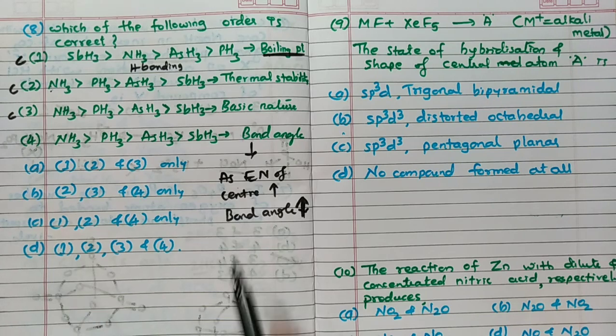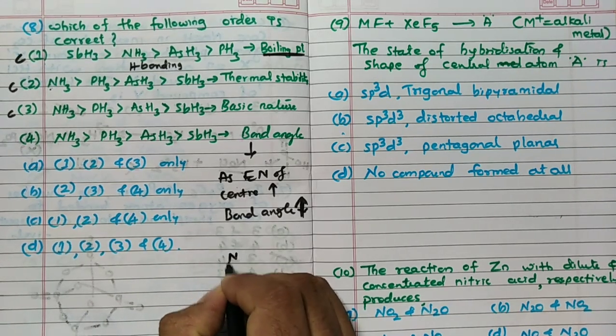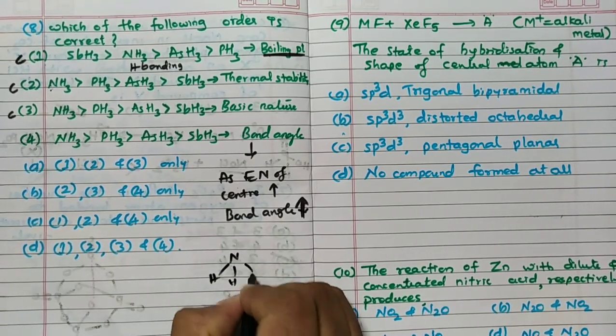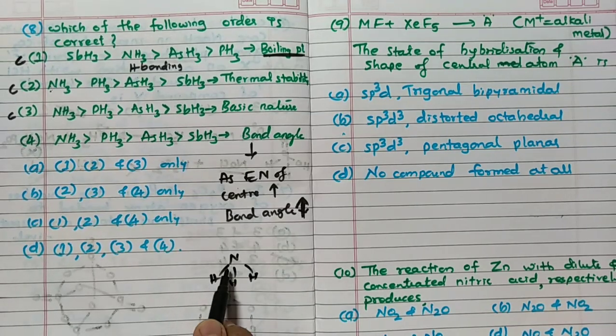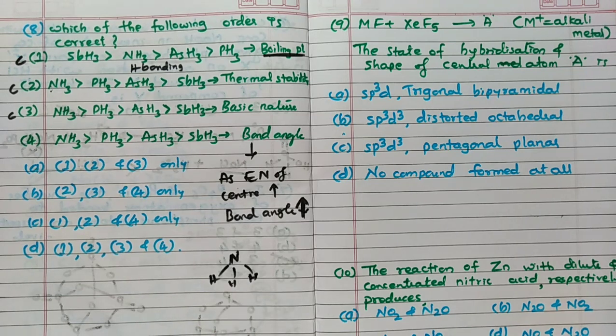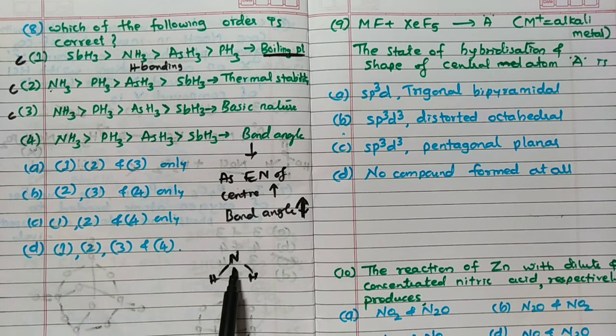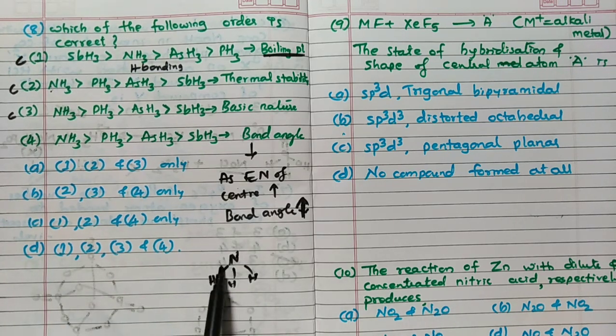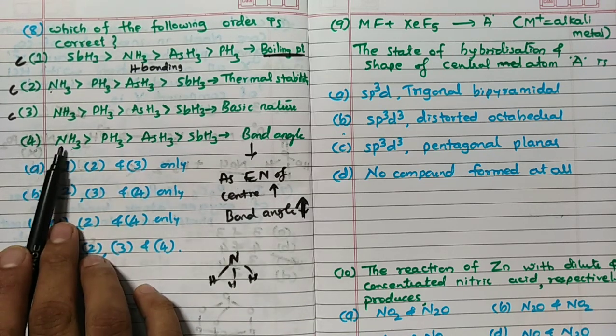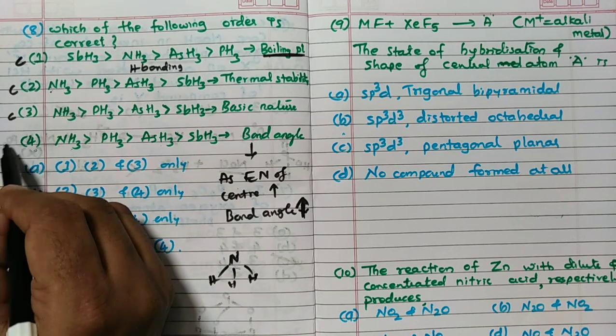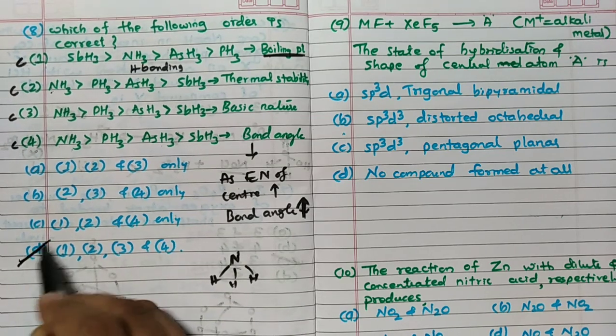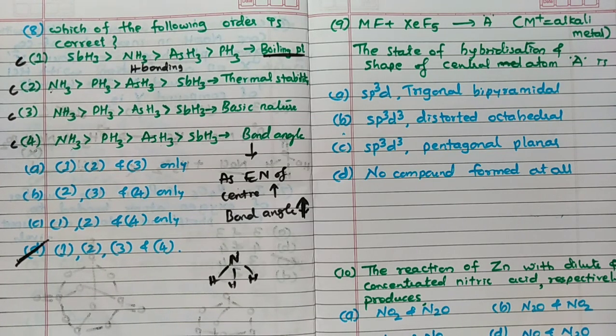Remember, whenever the nitrogen, for example, hydrogen is like this, the electron pairs are more towards nitrogen. Bonded pairs are more toward nitrogen because it is more electronegative. Whenever it is more towards nitrogen, the bonded electrons stay away from each other because they will repel each other. Because of that reason, bond angle is more for this, and NH3, PH3, AsH3, SbH3. This order is also correct. Hence the answer for this question is D.